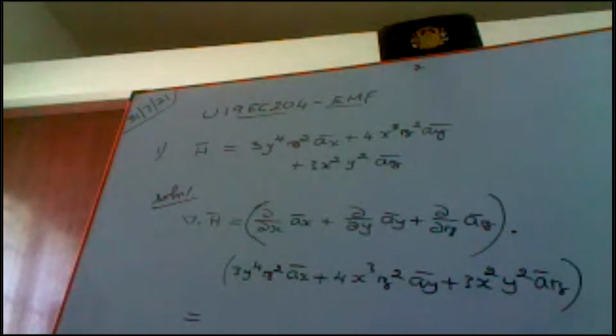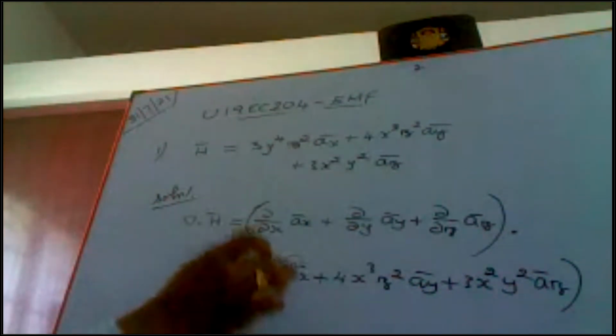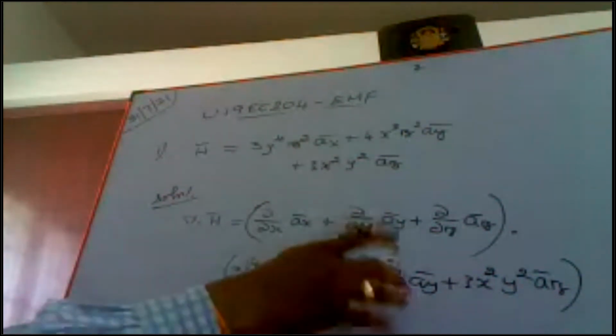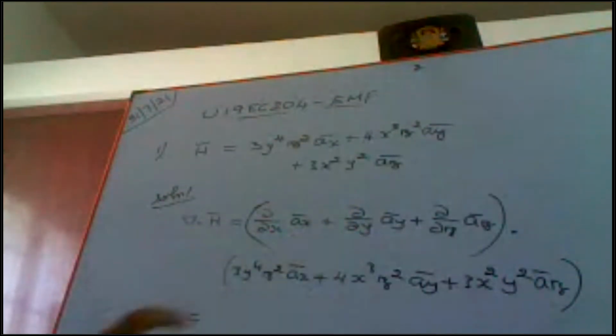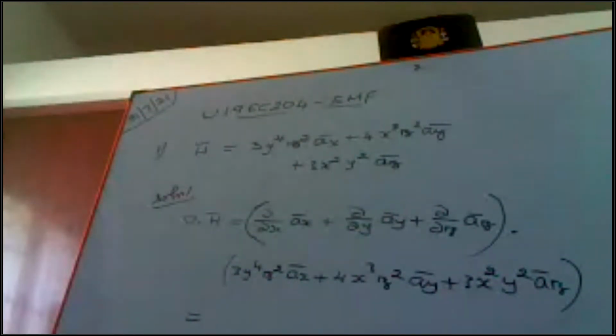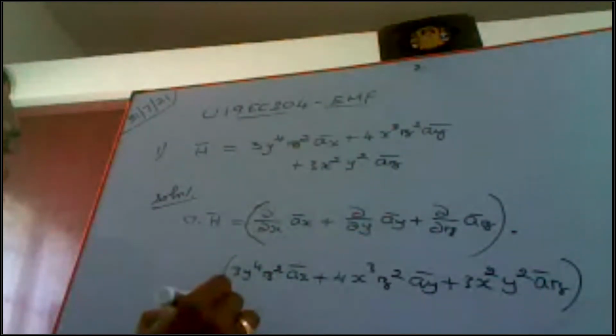It's simple. We know already, ax dot ax, unit vector i dot i, is going to give you 1. Similarly, ay dot ay gives 1, and az dot az gives 1. Remaining all the other combinations will give you 0. From the vector calculus of mathematics, you might be knowing i dot i equals j dot j equals k dot k equals 1, and the remaining conditions like i dot j, i dot k, k dot j, k dot i, everything gives 0 as the answer. Due to that, I am going to multiply just these matching terms. Remaining combinations are going to give you 0 only.